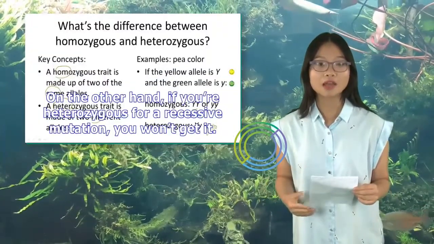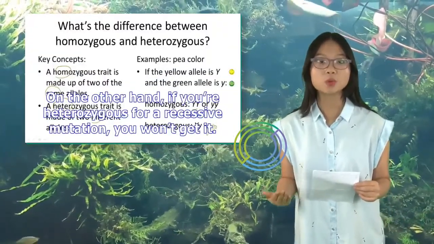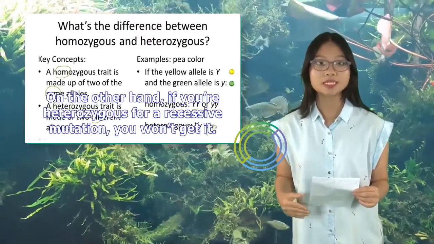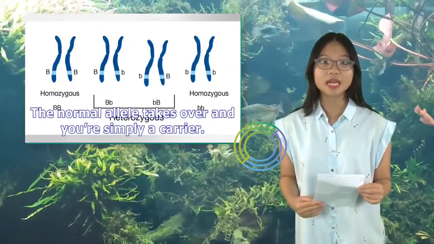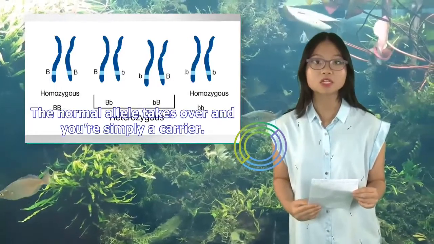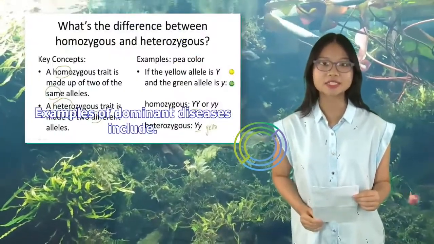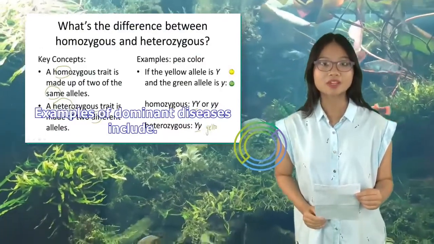On the other hand, if you're heterozygous for a recessive mutation, you won't get it. The normal allele takes over and you're simply a carrier. This means your children may get it. Examples of dominant diseases include